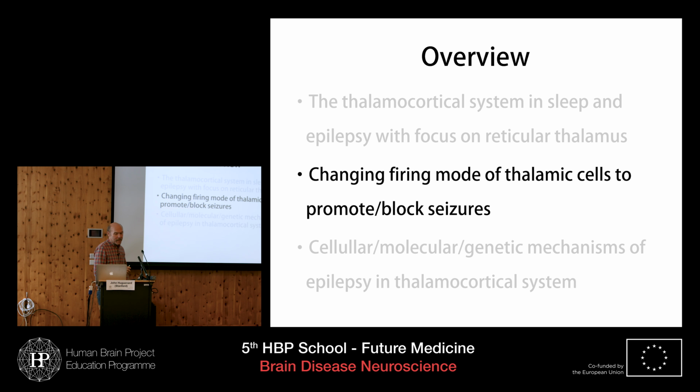So that causes me to switch to the second part of the talk, and how we're going to use optogenetics, this way to modify cells to render them sensitive to light, so that we can change their firing mode to test this hypothesis that this burst firing mode is very important in generating the seizures.